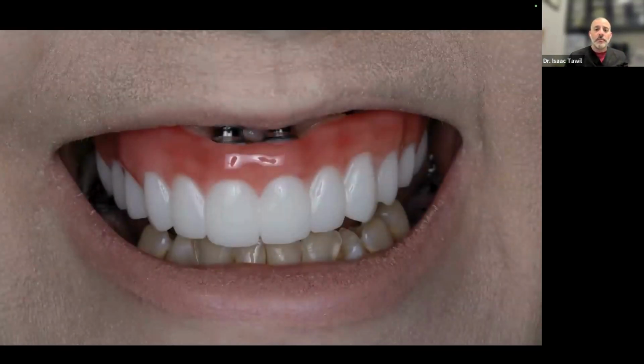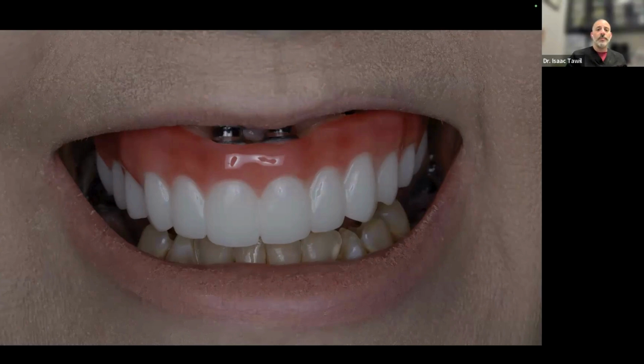So what happens when we don't have the right records is we end up with situations like this. Here we have multi-units that weren't planned correctly. The transition zone wasn't planned correctly. And so now we're seeing the metal from the multi-unit. When we ask the patient to smile a little bit heavier, the Duchenne smile, all of a sudden we can see that metal, which is not going to be helping anybody in the case. The patient will be covering their mouth instead of smiling brightly, or they will send the case back to you to say, hey, can you add more acrylic? Can you add more porcelain? Can you add more ceramic filler to block out the metal, which leaves us in a very poor hygienic situation?